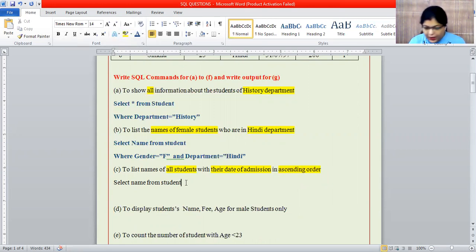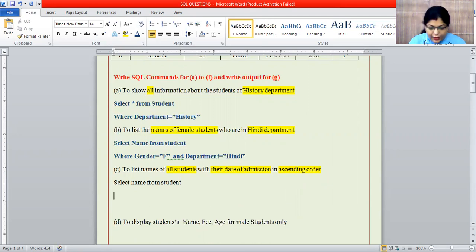When anything is wanted in ascending order or descending order, you have to write the order by command. Whenever they want any column in ascending or descending order, it is order by. Now we have to write date of admission.